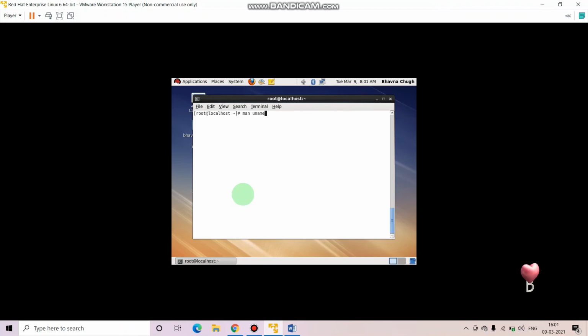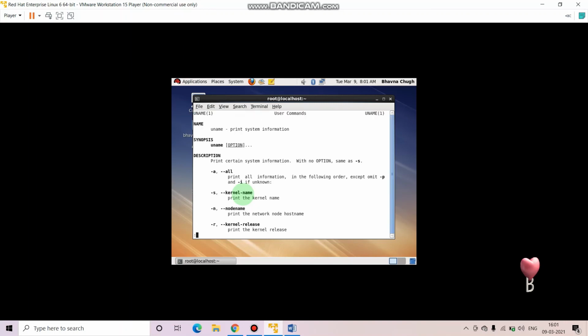So uname, the command that we ran recently, let's get its information. You will press enter. See, the command name, it's a user command, and it prints the system information. These are the options for it.